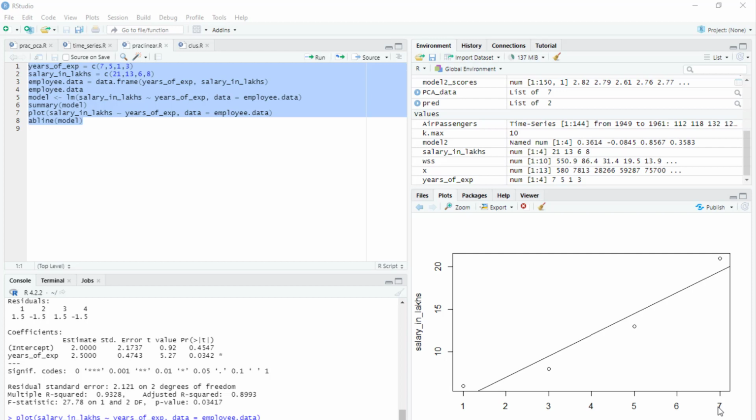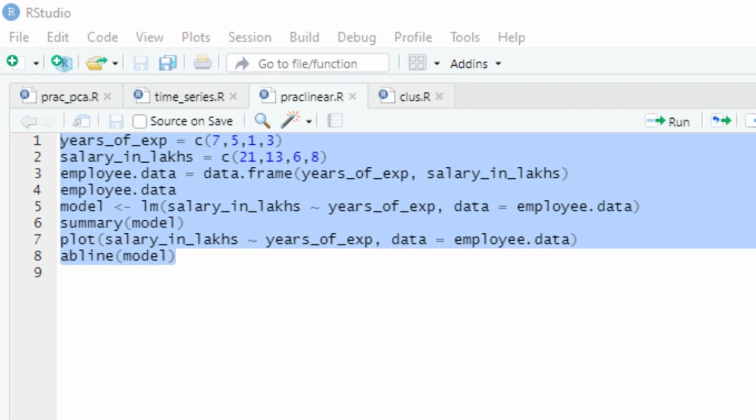Basically, when we talk about simple linear regression, it is a statistical method that allows us to summarize and study the relationship between two continuous variables, that is, two quantitative variables. One variable, let's say we are denoting it by x, is regarded as an independent variable, and let's say we have another variable which we can denote by y that can be regarded as a dependent variable. So it is assumed that the two variables are linearly related.